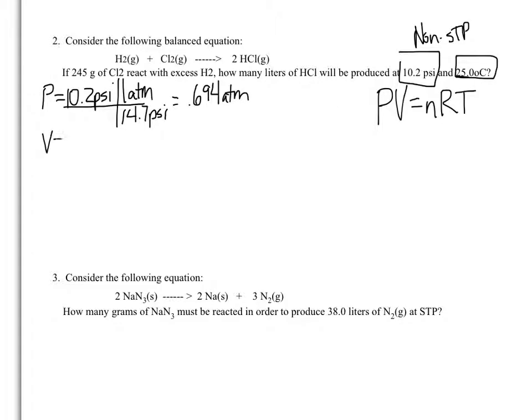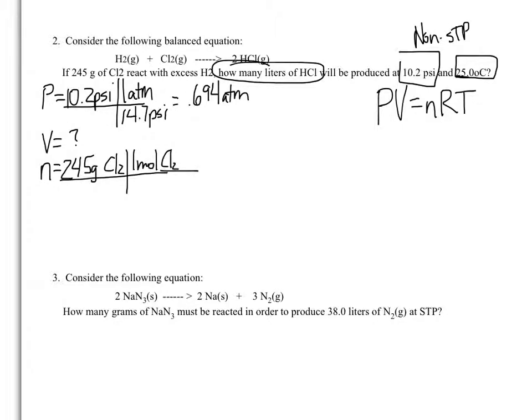My volume I am solving for because it's asking how many liters. Do I have N? In a way I do, yes. What do I start with, Courtney? You have to convert the grams to moles, so you have the 245 grams of Cl2, and then you do 1 mole of Cl2 over the mass, which is 70.906 grams, and then you do the mole to mole, which is 2 moles of HCl over 1 mole of Cl2, which is